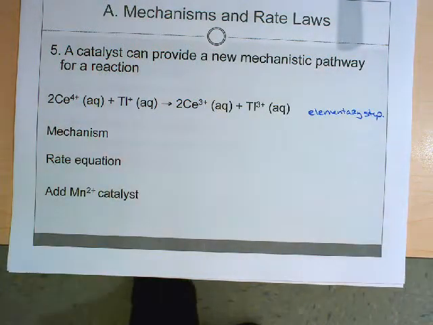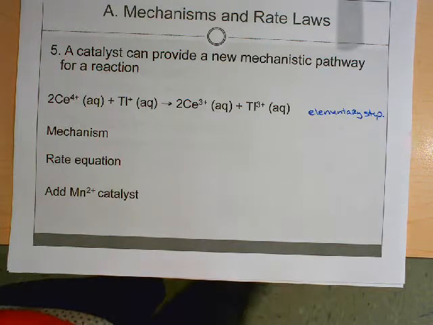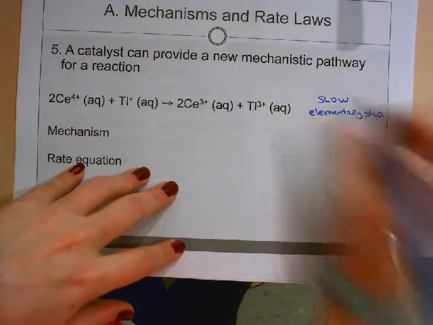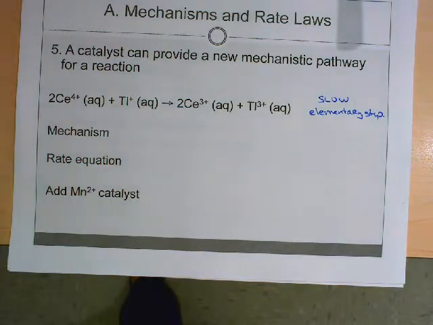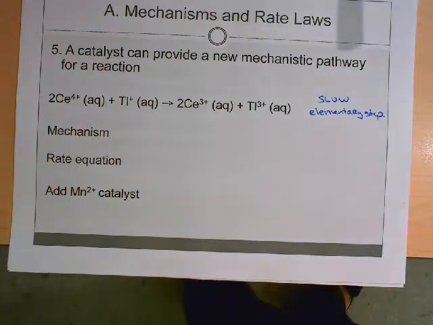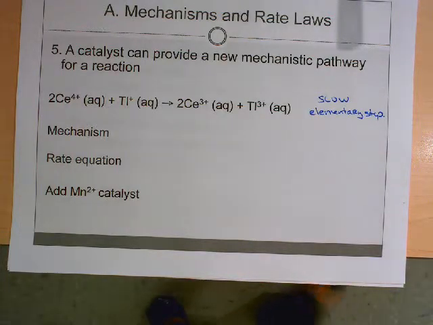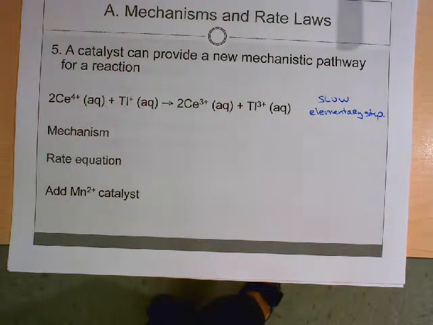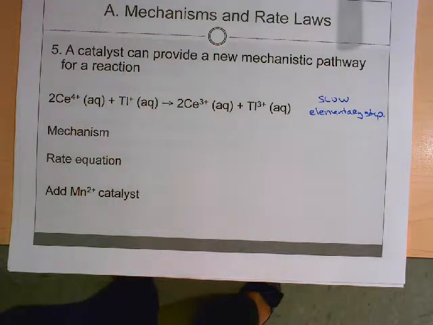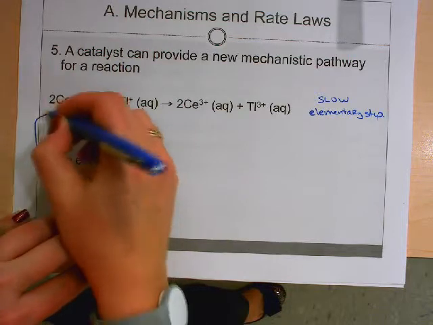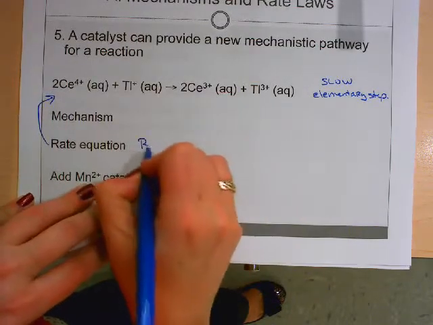Alright, it's some elementary steps in a series of steps. We'll go ahead and make it easy and say it's a slow elementary step in my series of reactions. If it is the slow elementary step, then what do the exponents refer to in my rate law? The coefficients, right? So the rate equation for this reaction